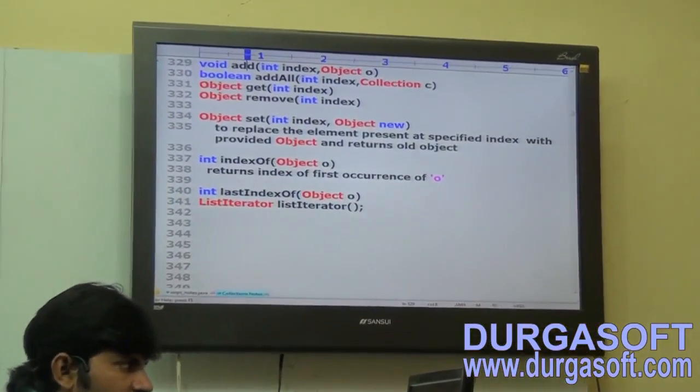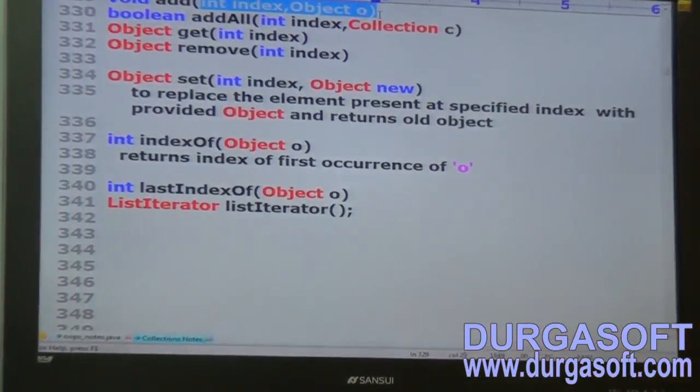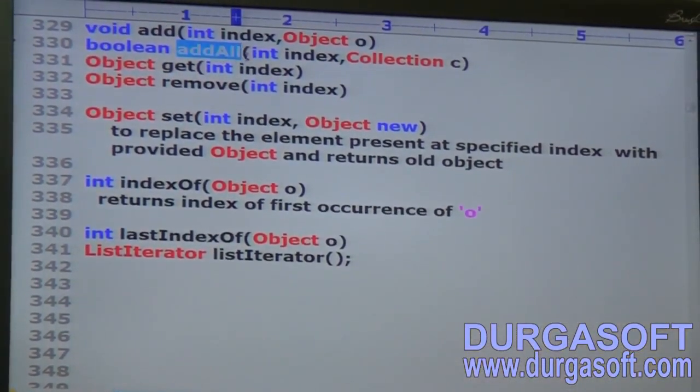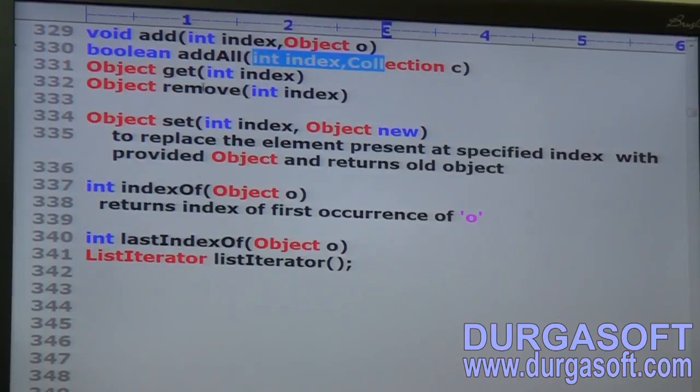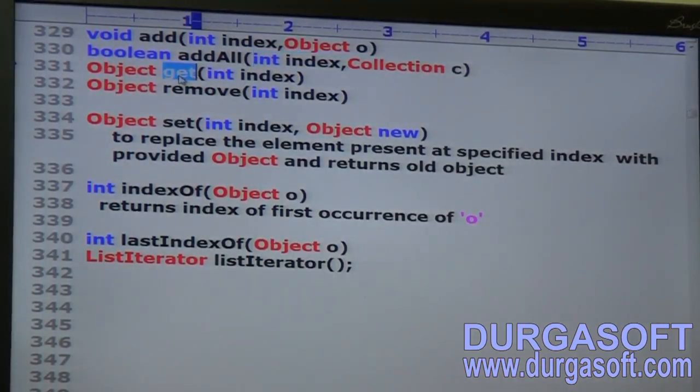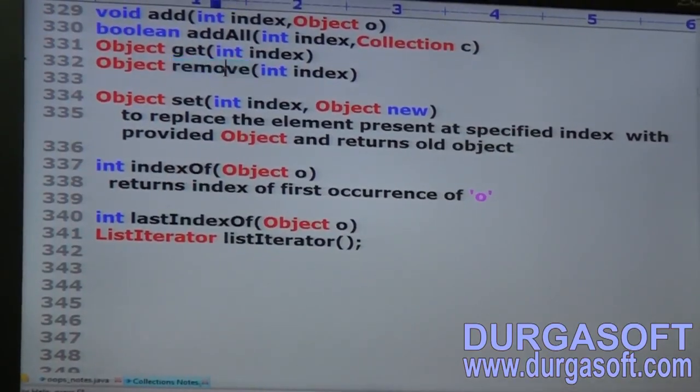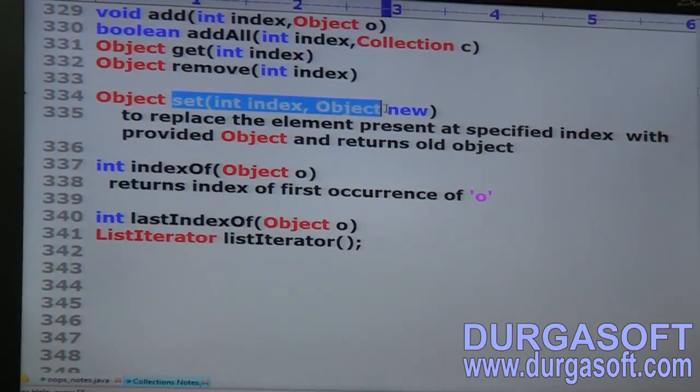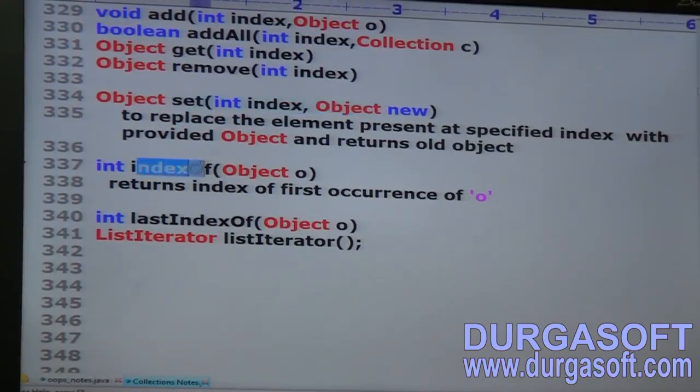void add(int index, Object o), we covered already. void addAll(int index, Collection c). Object get: return the object located at the specified index. Remove: remove the object located at the specified index. Next set: set is for replacement. Next indexOf, lastIndexOf, and then listIterator, the return type being ListIterator.